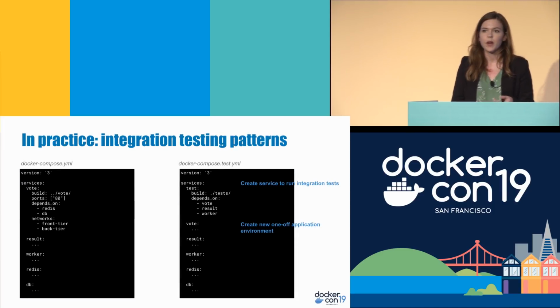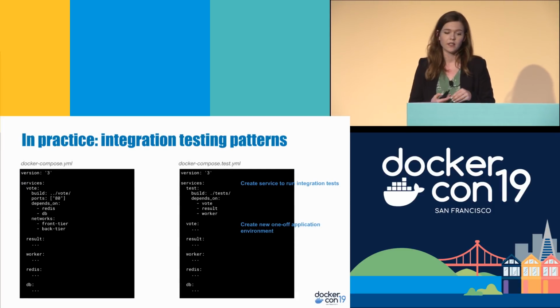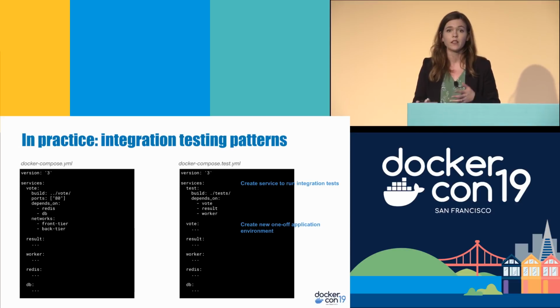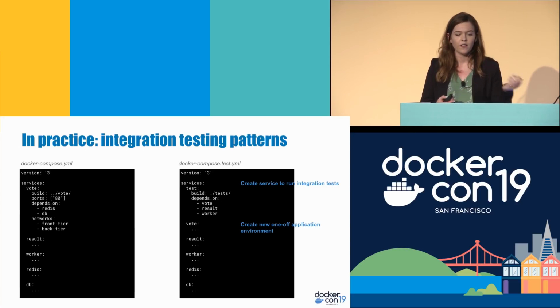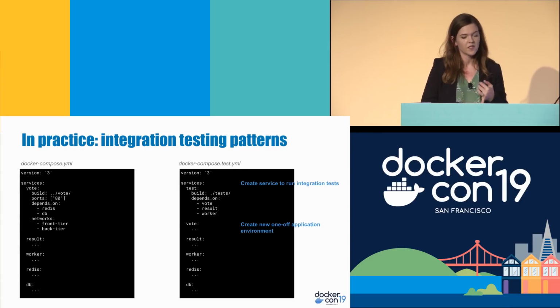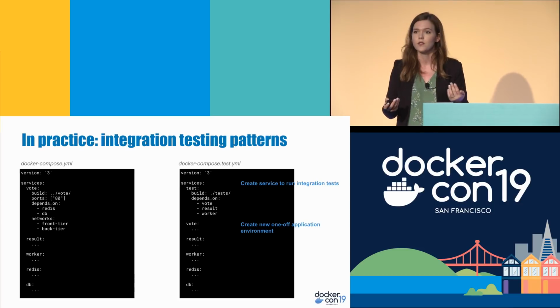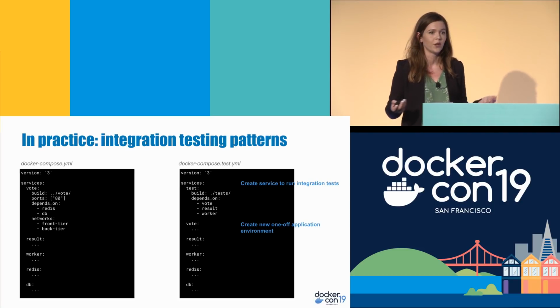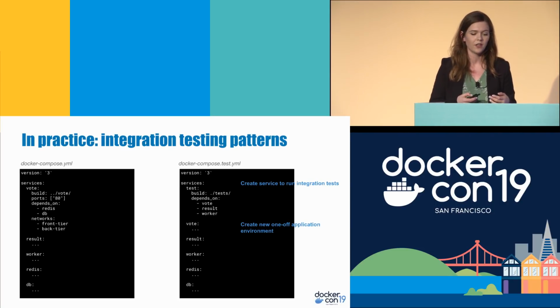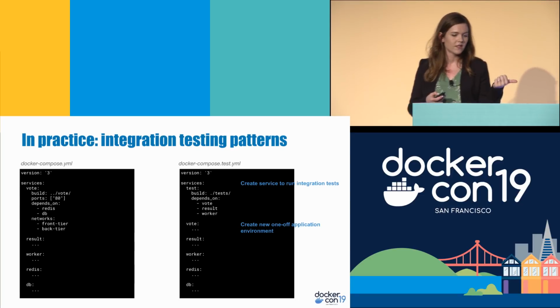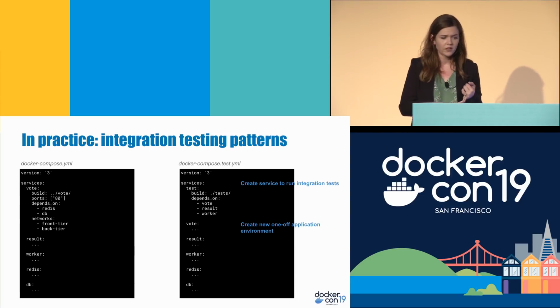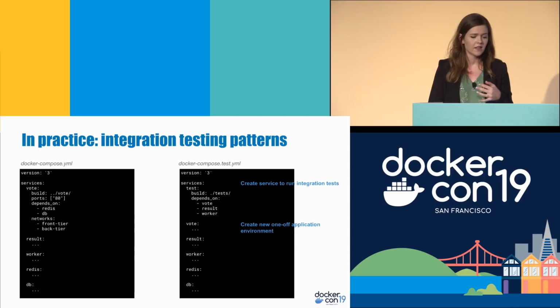So in practice, a sample integration testing pattern using Docker Compose might look something like this. I have on the left side of the screen a docker-compose.yaml file. I have a couple services. This is for that dogs versus cats voting application that's often used at DockerCons if you're familiar with that from previous keynotes. We have a voting service. It has a build instruction, some ports, some depends on, network, et cetera,